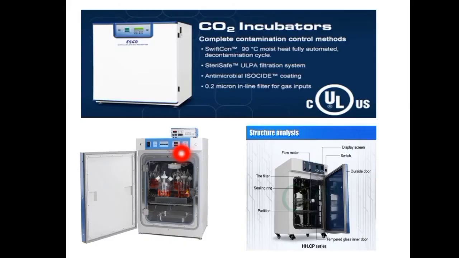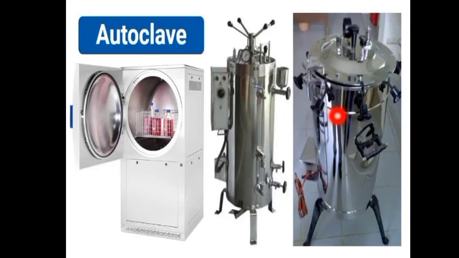Next one is the autoclave. So what is an autoclave? An autoclave is a laboratory apparatus designed to use steam under regulated pressure to achieve sterilization, and it is essentially a double jacketed vertical cylinder made up of strong metal and is separated by a case made up of iron sheet. So this is the case.